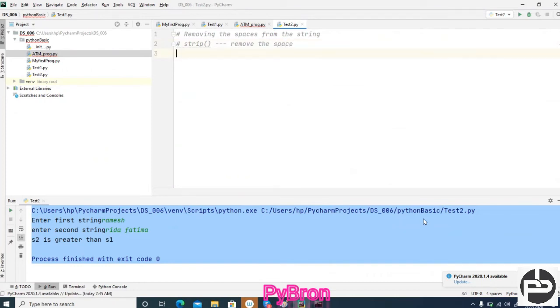And there are a couple of other methods also, like rstrip. Rstrip is used to remove the space from the right side. Lstrip, what is that? Lstrip is used to remove the space from the left side.